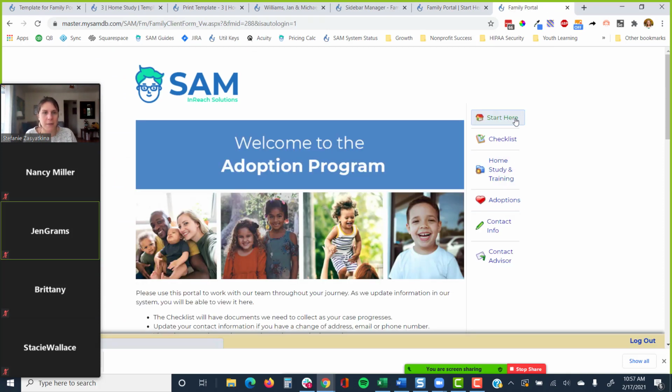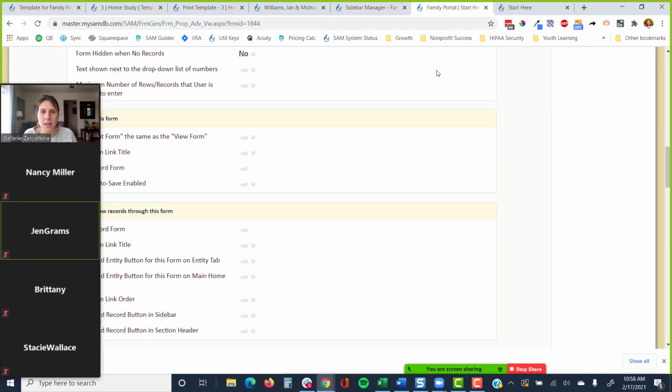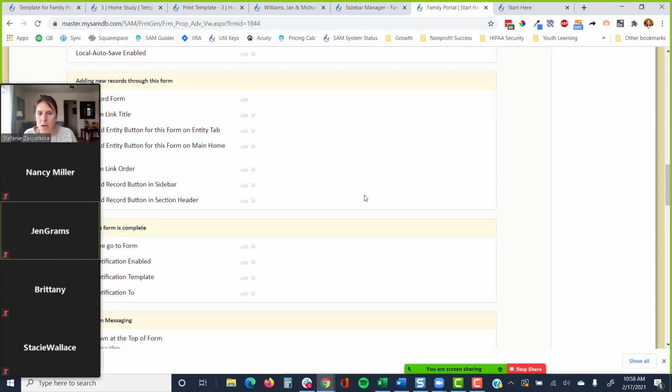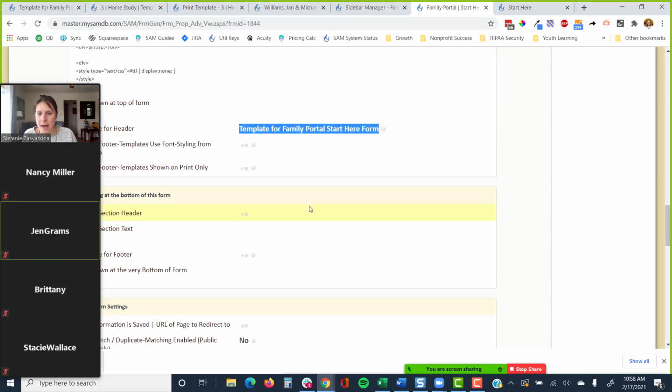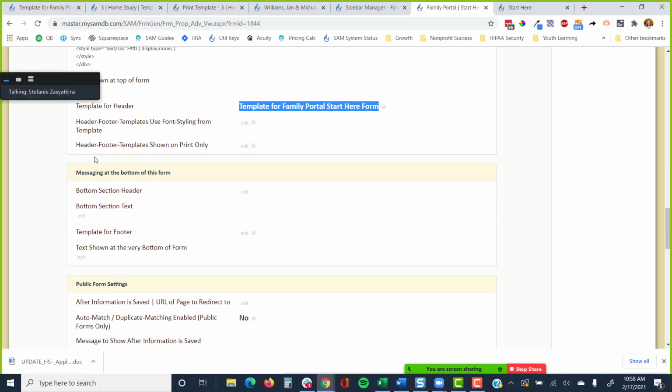It is about this form, but over here, this back to main form, this agency had just a very simple text like this that had a link. And what they've done is added a template. And look, I didn't do that here, did I? I just added the text at the bottom, but they basically added a template